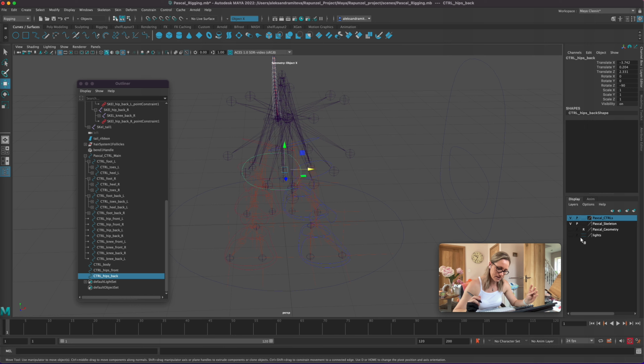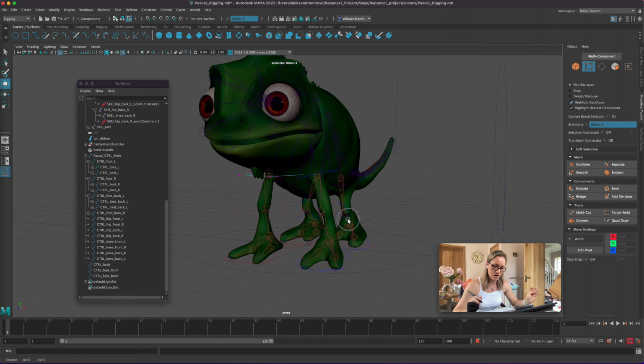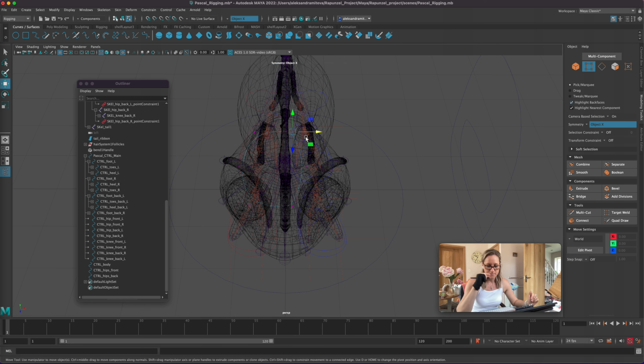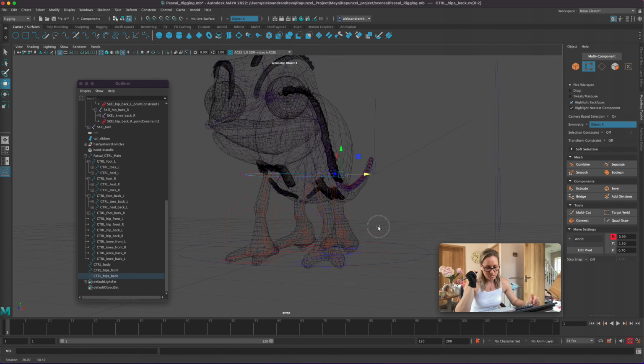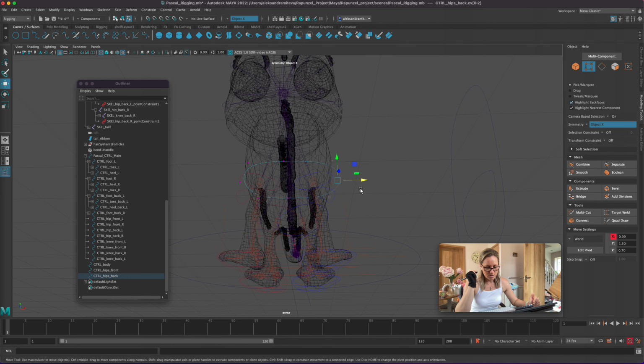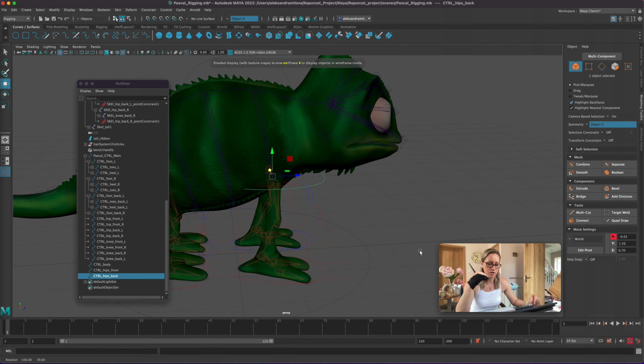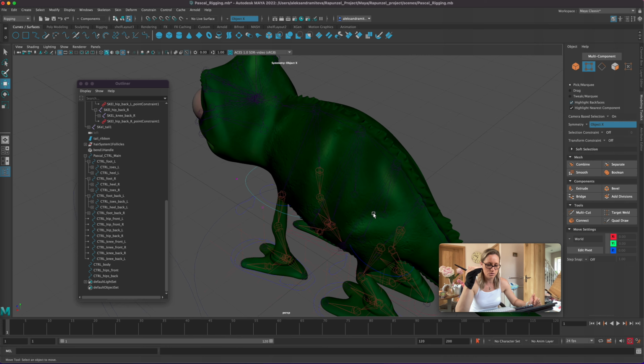It's very nice and clean in the outliner and all, but I prefer using the offset grouping, because once you position them all and you group them, you parent them to each other in a hierarchy where they need to go,